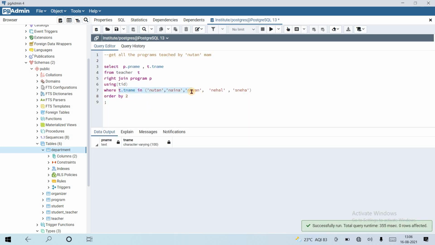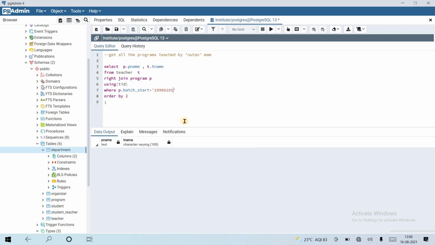So let's change the condition from t name to where p dot batch start, consider batch start also, batch start greater than 1990-01-01.